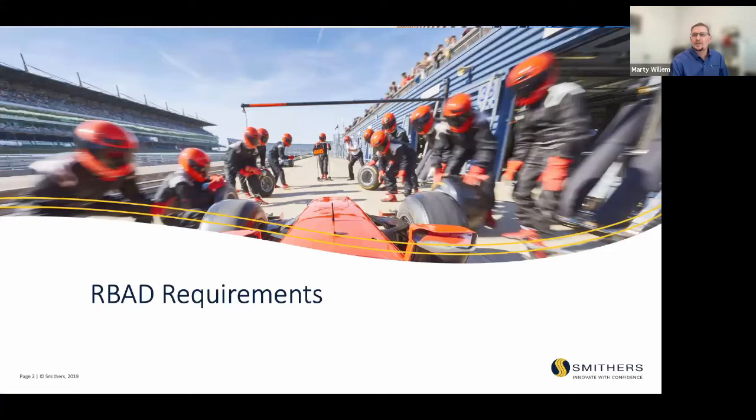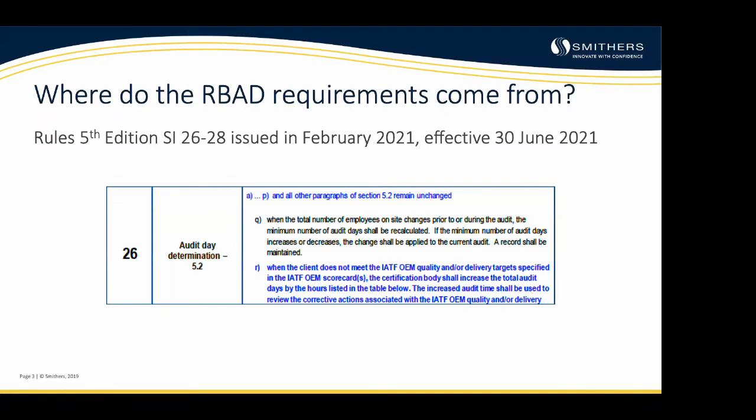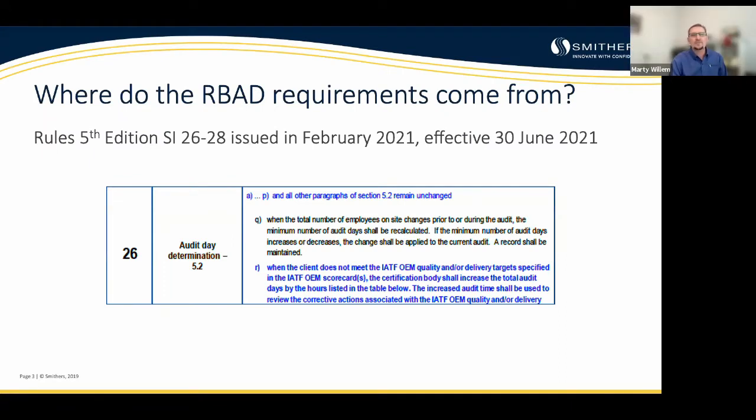So first thing that we're going to look at is the RBAD requirements. So where do they come from? Well, Rules 5th edition, sanction interpretations 26 through 28 were issued in February. So they gave us some lead time on this to try and put together a process to address these sanction interpretations. And it bears mentioning right at the outset that this process really only pertains to the clients that have IATF OEM customers and have scorecards from them that give us the information we're looking for, specifically related to quality